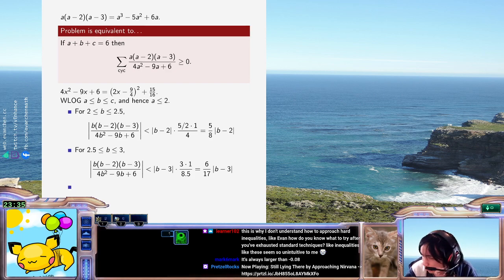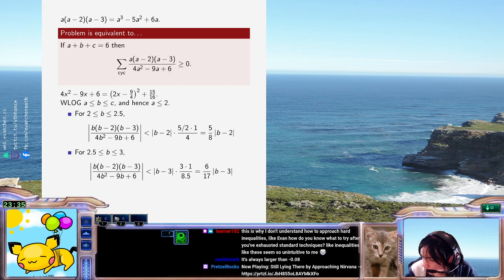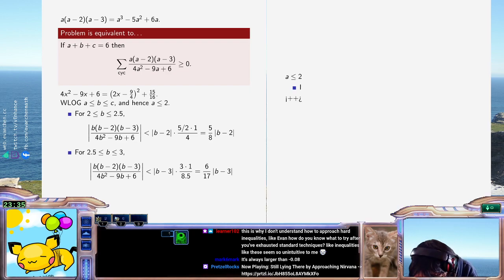Okay, so that's the bound here. So what cases am I looking at? Are there any cases I can resolve right now? I think the easy case, quote unquote easy case, should be if there's only one negative thing. So this means A is always less than or equal to 2. That much is clear. So if there's only one negative third term,